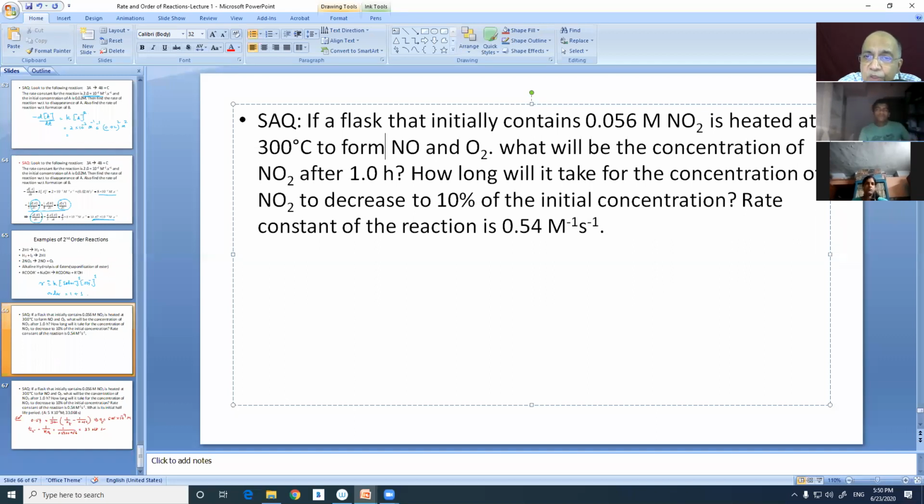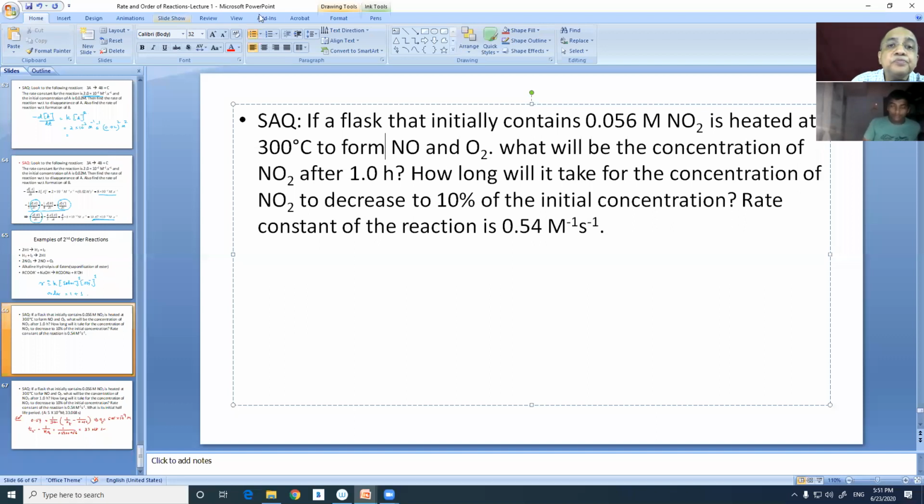First, you use the equation K is equal to 1 by t whole into 1 by At minus 1 by A0. Everything is known, so At will be found out. First find At, then At by A0, and then crisscross. When A by A0 is 0.1, what is the time? The time is unknown. Possibly I have forgotten to do that.